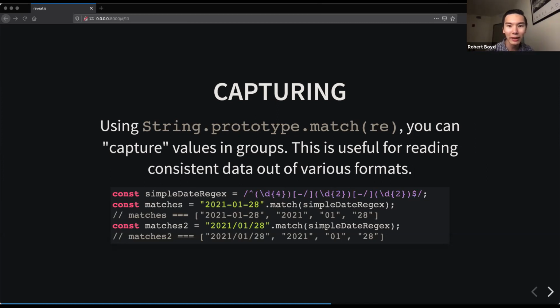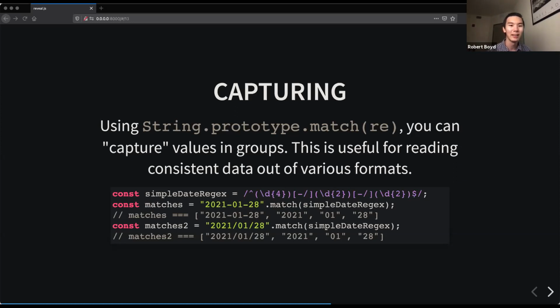Now, you could do this without the groups, right? You don't need the parentheses to do this. We're not using any features that really require it. So why would you want to do this? Well, if you put these in a group and you use string .match with a regular expression, it will actually give you back a list of those groups, what actually got matched in this specific instance, which is cool. So the first thing it does is give you back the whole chunk that matched,